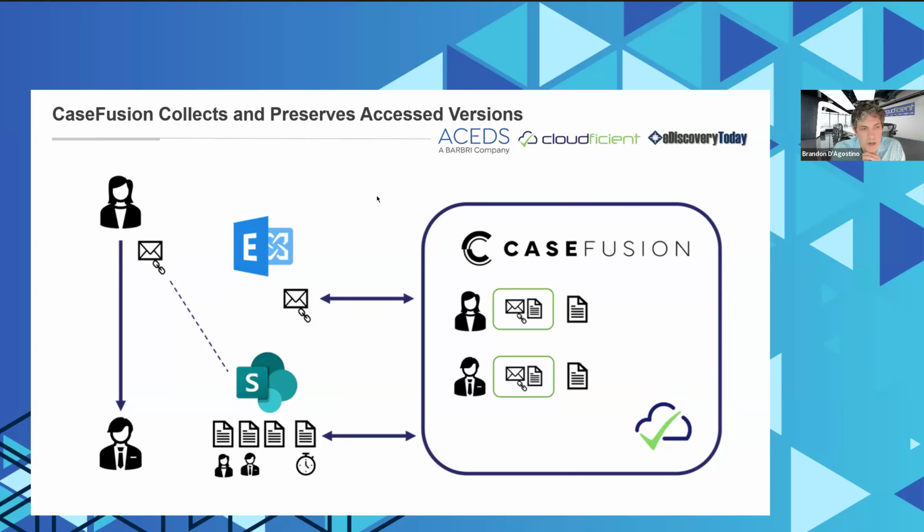What we would do is capture the email, we'll collect the email. We'll know both from audit log information who accessed which files when, and also that there's a hyperlink in the email. So you would get the contemporaneous as-sent version, and then also the accessed versions by both Sarah and Joe, and then making a determination of how many versions do you get? You don't want to necessarily collect 100 versions of a document.